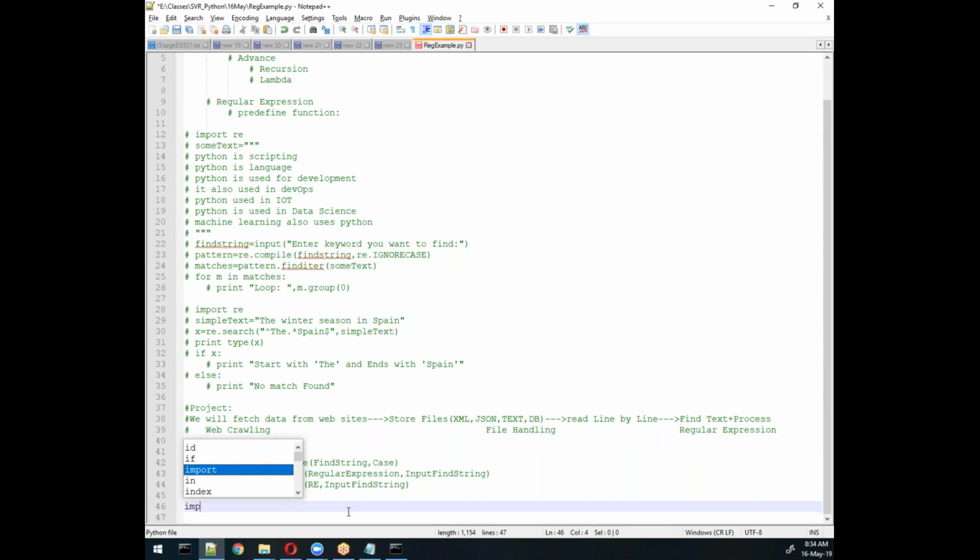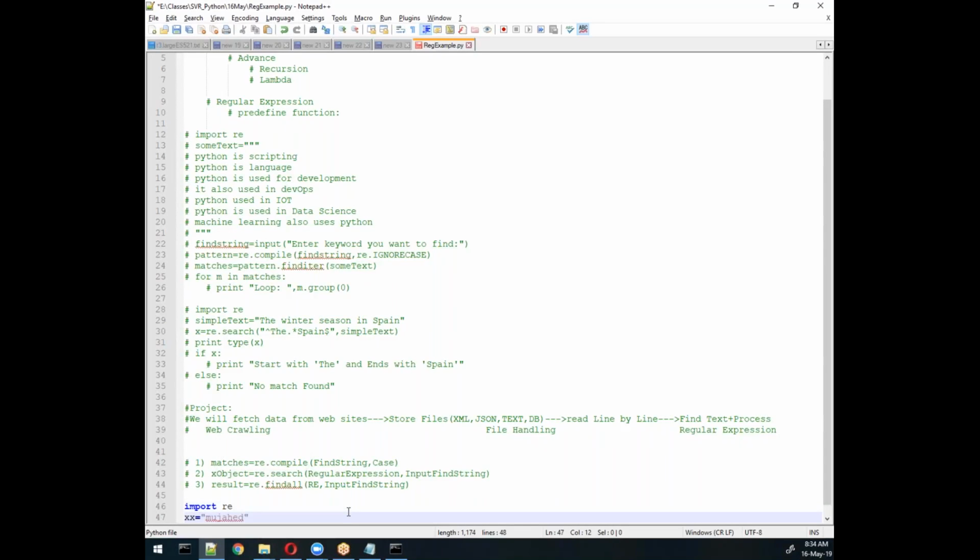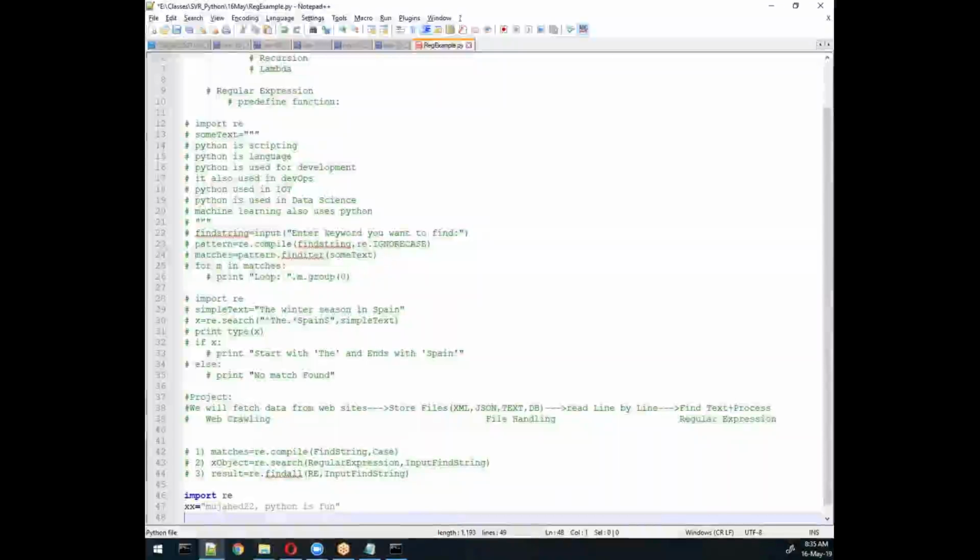Import first, we require import, right? And then we'll use a variable, and here we'll type some value. Suppose I write some word with alphanumeric characters. I want to find out the alphanumeric word in that. I'm trying to find alphanumeric with this one, and then re.findall